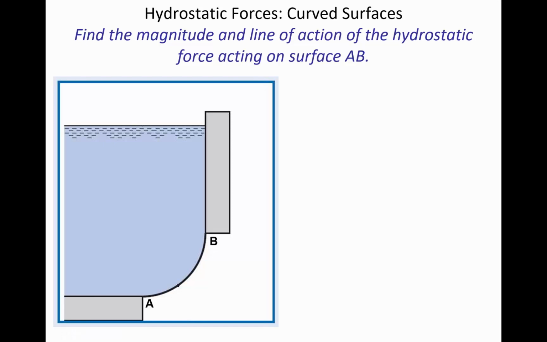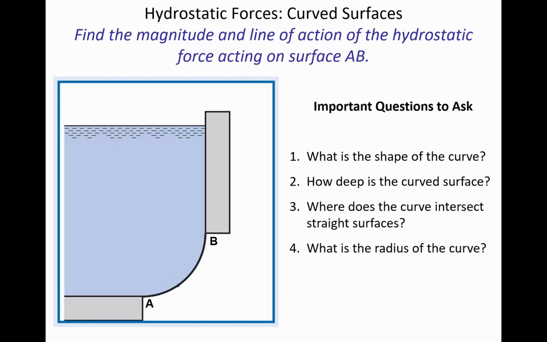And so in a process like this, some of the questions that we'll need to ask just to investigate what's going on is, from the drawing dimensions or just by inspection, you might be able to identify the shape of the curve. So in this case, you can see that it's a quarter circle that goes into the page. And so if you're looking on the monitor here, it would be similar to if I had a flat piece of paper and then I curve part of it upwards. Okay. So that's the shape of it.